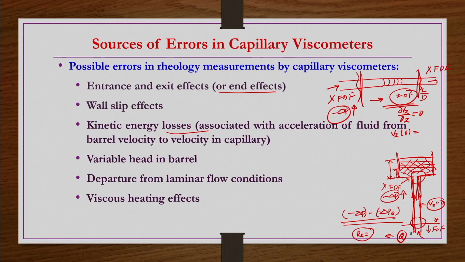But when these materials are passing through such a narrow gap, especially highly viscous materials at high velocity, that means high viscosity, high velocity, and so high flow rate, then obviously viscous heating would be there. So, are you accounting for the viscous heating or not? If you are not accounting for it, that is also going to change the rheology of the fluid, or that is also going to show different rheological parameters compared to the true rheological parameters. So, these are some of the possible errors. Right now, before going into the details of each and every error, what we see is, can we avoid some of them?